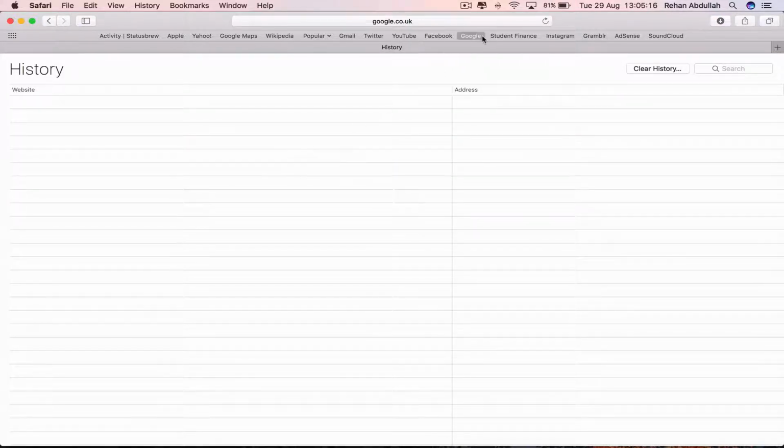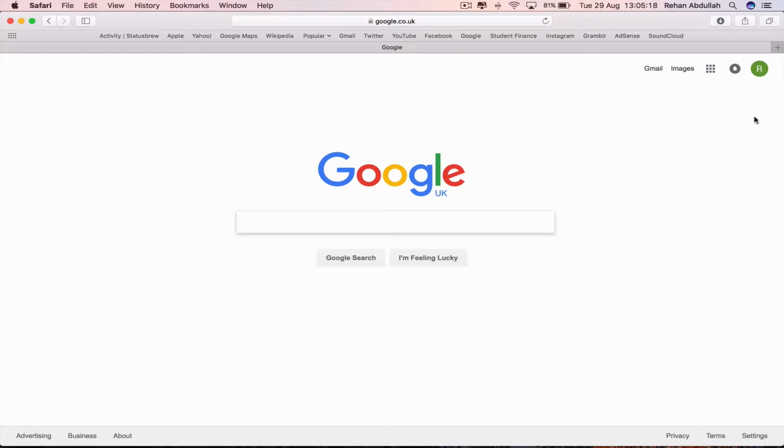So if I go back to Google, you can see that I was still signed in, so it did not delete all the cookies, saved passwords. So if I close out of this,